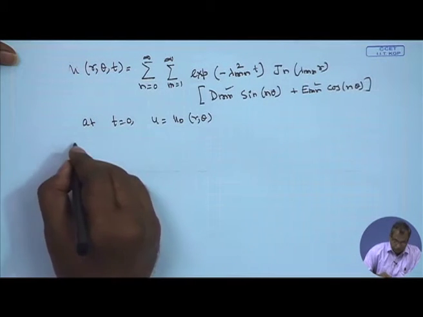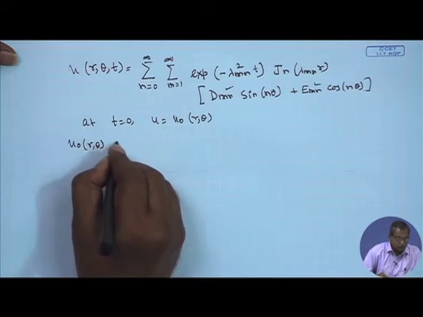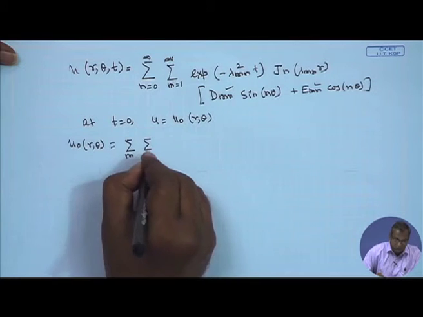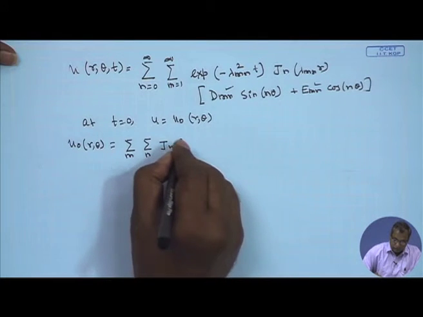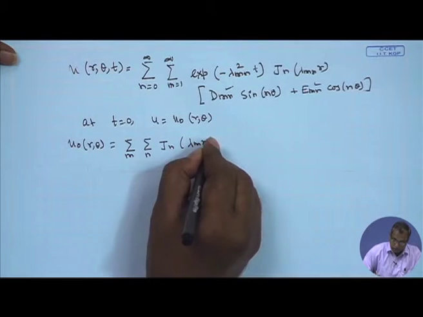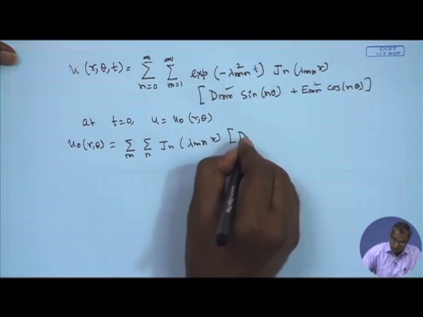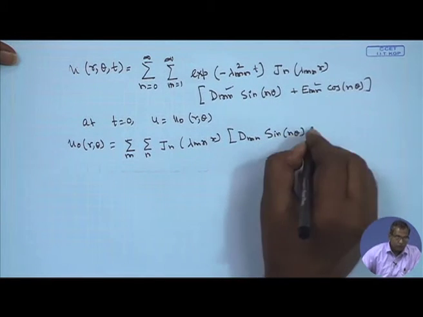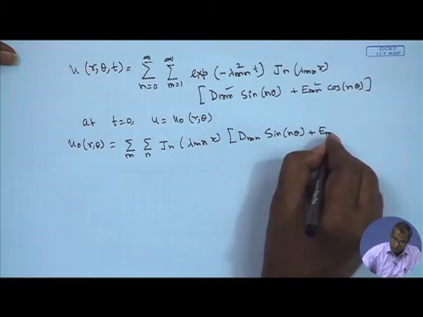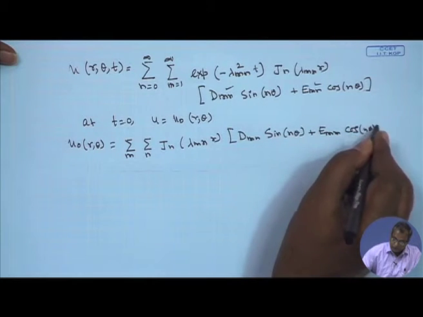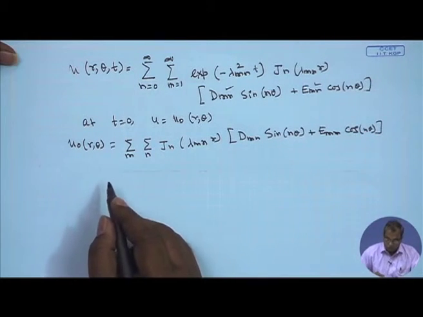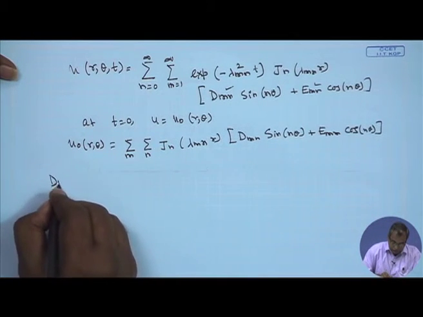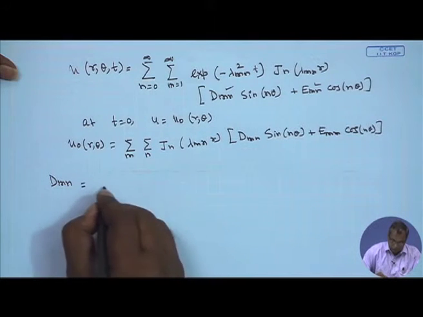So, therefore, u 0 (r, theta) will be nothing but the double summation, 1 over m, another over n, J_n(lambda_mn r) [D_mn sin n theta + E_mn cos n theta], and by using the orthogonal property of the sine functions, one can evaluate the D_mn and E_mn. So, therefore, D_mn will be nothing but